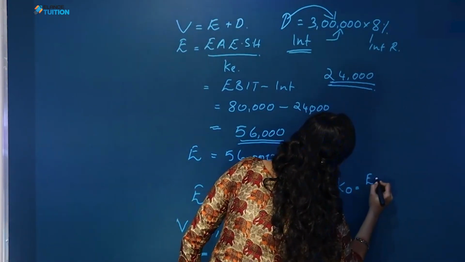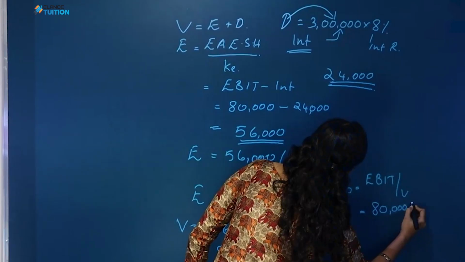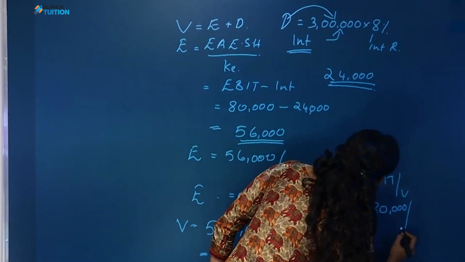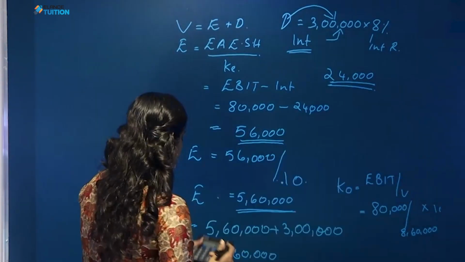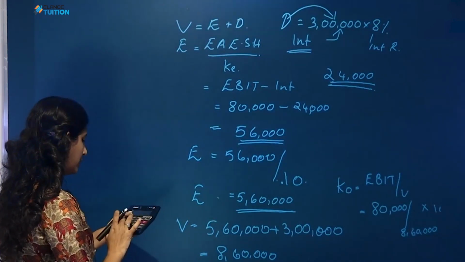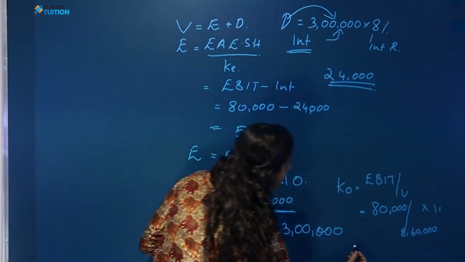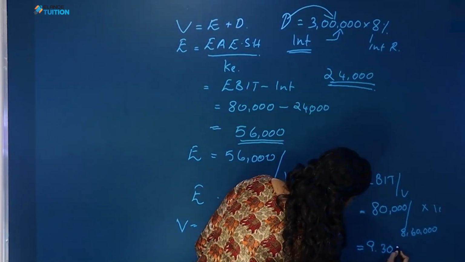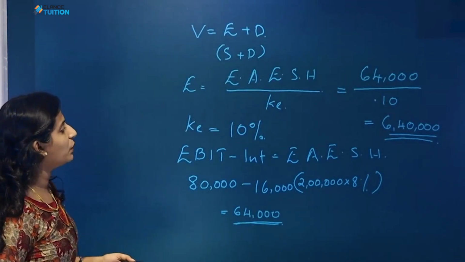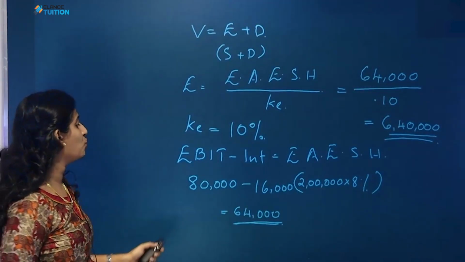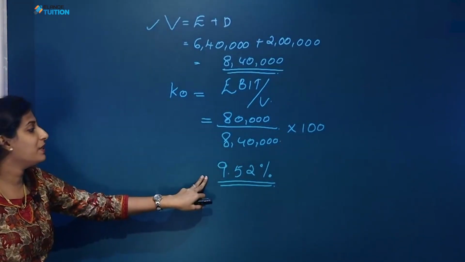KO is equal to EBIT divided by value. EBIT, we know that EBIT is 80,000 and value is 8,60,000, into 100, that is 80,000 divided by 8,60,000 into 100, and overall cost of capital is 9.30%. Okay, so here in the first case, debenture was 2 lakh, when debenture was 2 lakh, overall value of firm is 8,40,000 and overall cost of capital is